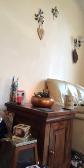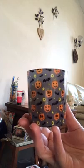Next up is this random candle. I never hauled this. I actually got this from Tesco after Halloween, in just a food shop that I did. Now, unfortunately, I didn't know how much they were. They were in the clearance section, but it didn't say how much they were. There was no price tag, even though there is a barcode on the bottom. They've got a little tester that you can go and price check things on. It wasn't picking up the barcode, so I only picked up the one, and I'm absolutely kicking myself now because